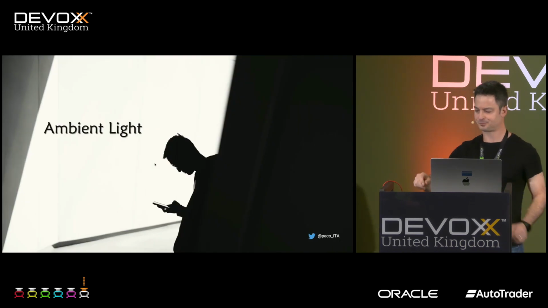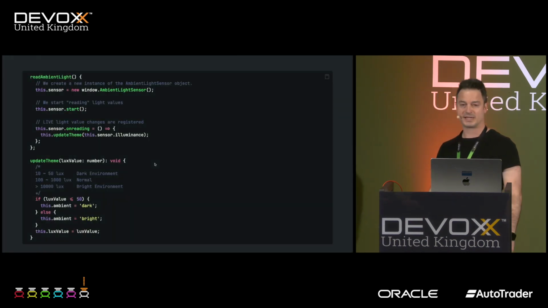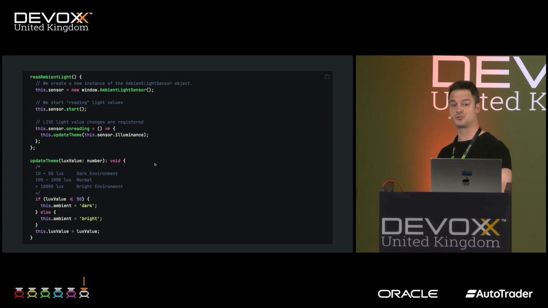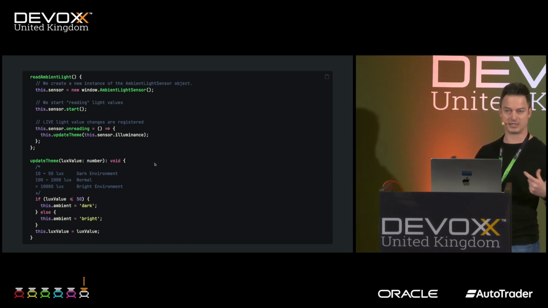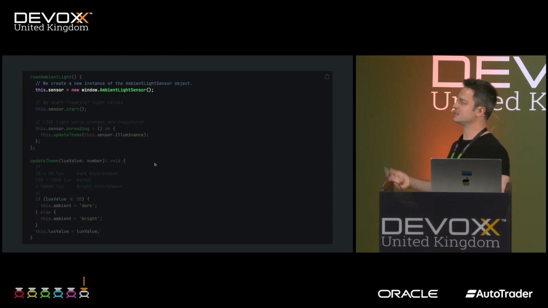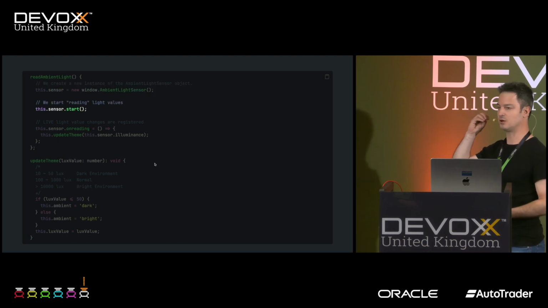Right. So this was the ambient light. How can we implement it? Again, it is super simple. And this is another benefit of this web API, because the result is really cool, very nice. We can really implement innovative applications and features, if you think about the normal default context of web apps, and it's very easy. We create an instance of the ambient light sensor interface, and then we have an instance of the light sensor of the device.